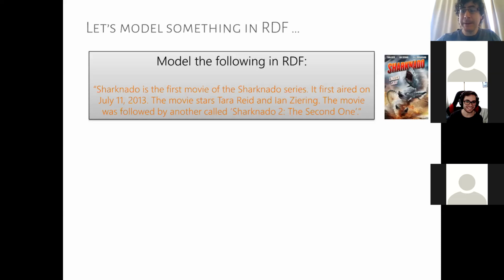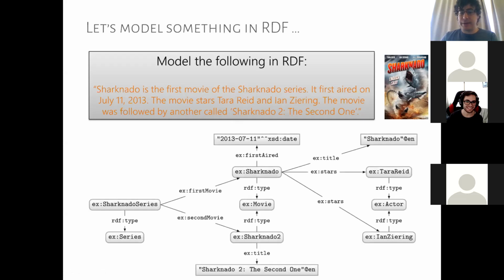Sharknado. Yep, so we start with Sharknado, and the next one might be, we should probably indicate maybe that it's a movie. We might use a node to represent the idea of a movie. Sharknado series for sure will be there. We could represent the date as a node using a data type literal, and then we can model these people as nodes, and then we can model the second movie as a node. And then we just need to connect them with their different